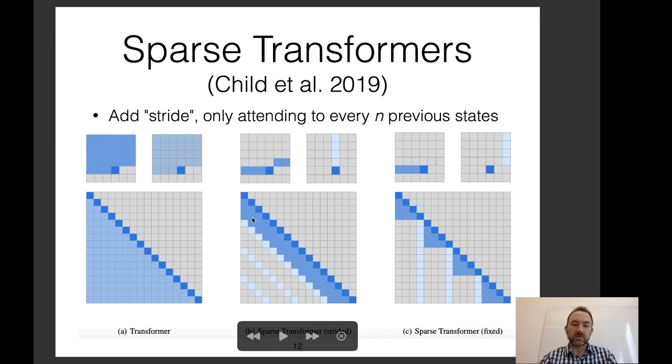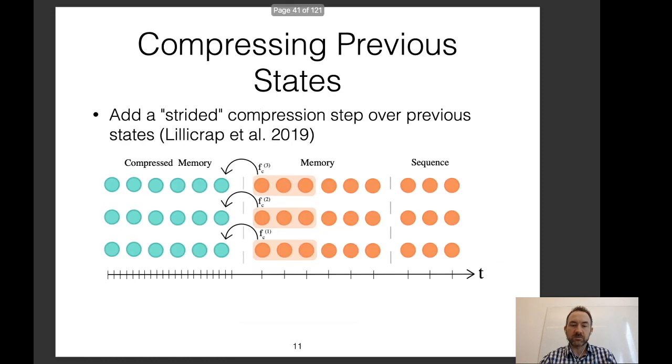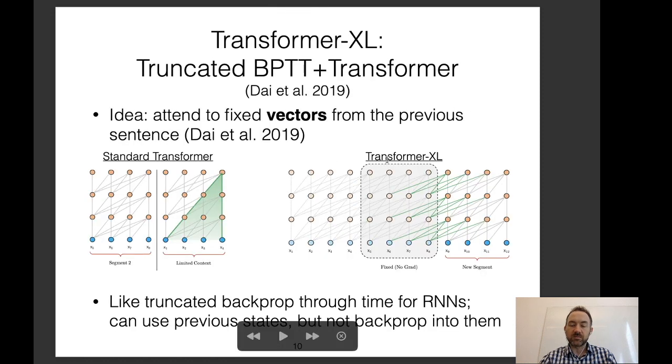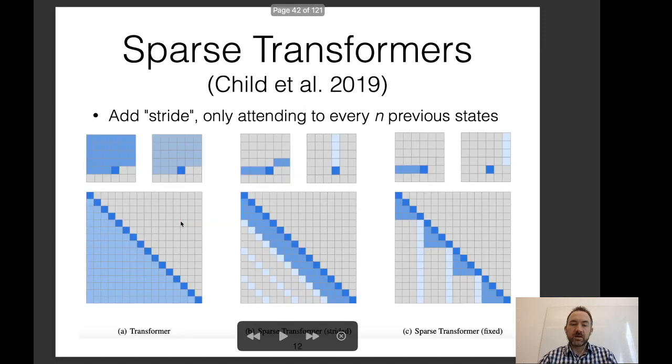And so what that allows you to do is essentially something similar to what was being done for Transformer XL, except instead of attending over the immediately previous segment, you're attending over something that looks a little bit more like the compressed memory here. This also can be done at training time if you would like, because the strides reduce the quadratic complexity by quite a lot. So this is a good method to essentially use longer context at training time that's relatively simple.